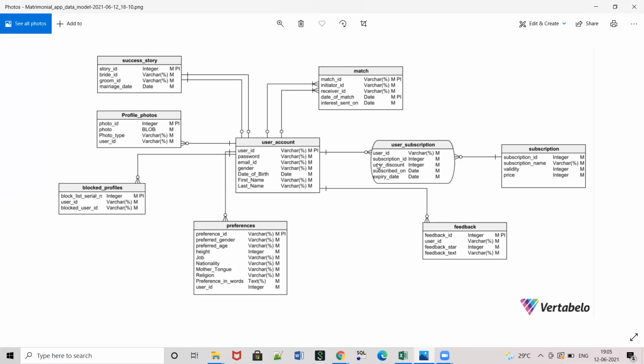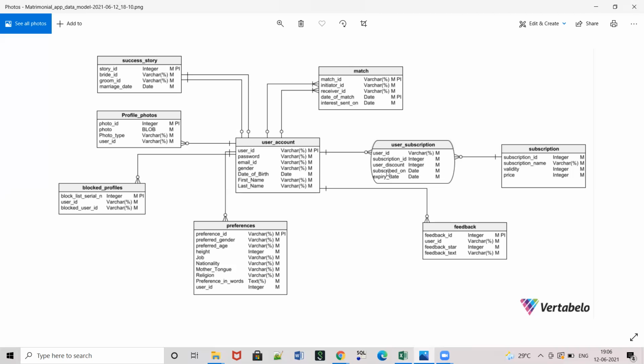They can tell you that, okay, if you take this particular subscription model, then you will get this much discount. If another person takes this particular subscription model, they will get a different user discount. Similar things can happen. So this particular user discount is dependent on both user ID and subscription ID. This is a special discount. So this is particularly dependent on this association. That is the reason this discount will be here in this associative entity and not in the subscription entity.